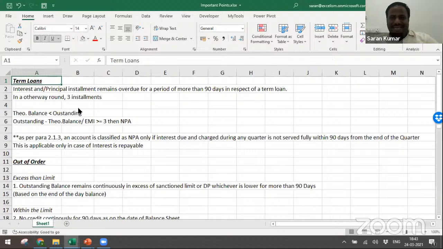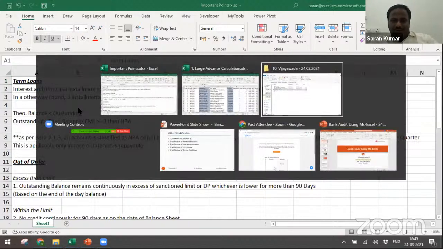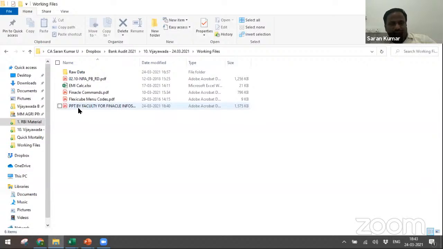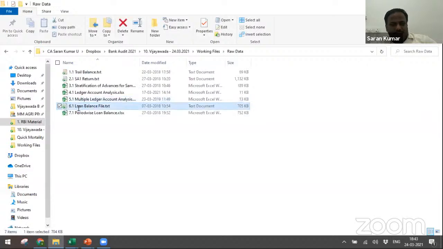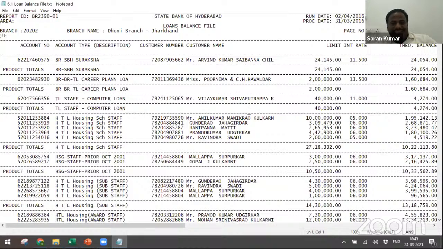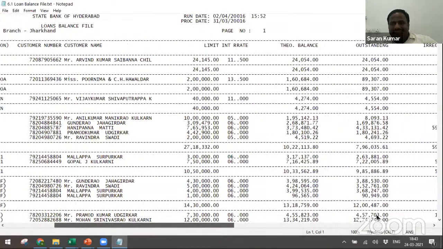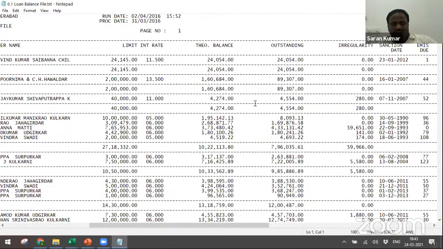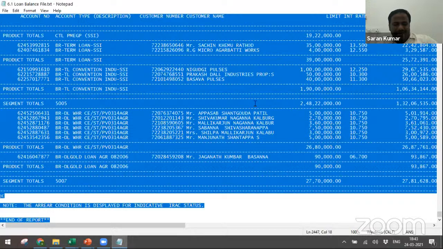Let us take an example and understand how we are going to check it out. While explaining this, let me also explain the text to column. This is the text file of the loan balances. It has a lot of columns. So I'll do Control A, Control C. Now you can go to the Excel.